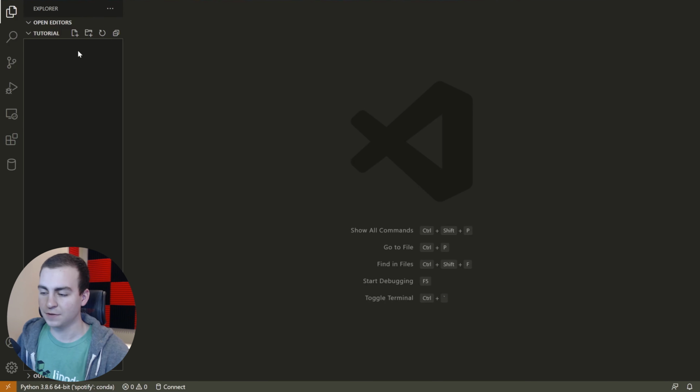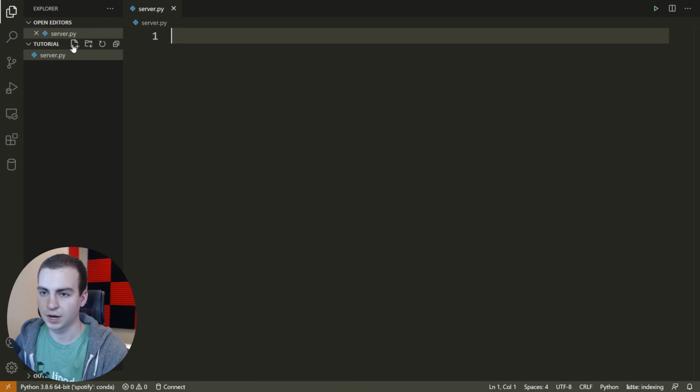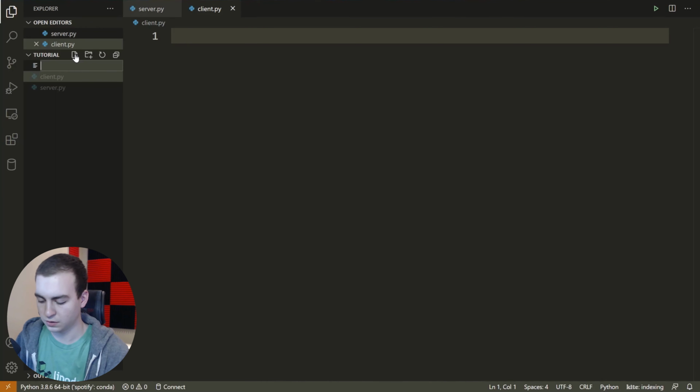With that said, I'm in Visual Studio Code. Open up any text editor. You can use whatever you'd like. I just prefer VS Code. And inside of here, I'm going to start by creating 3 files that we'll need for this project. Now, of course, you're going to need Python installed. Once you've got Python installed, that's really the only dependency. So the first thing that I'm going to do here is create a file called server.py. I am then going to create another file called client.py. And then I'm going to create one called